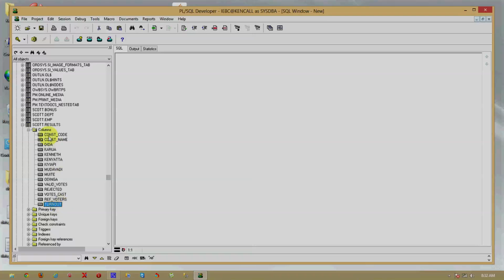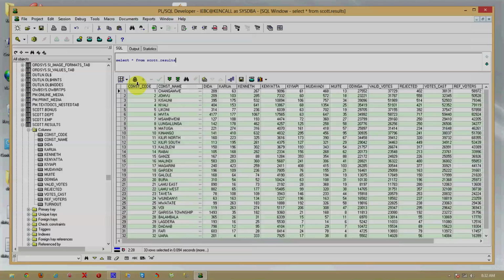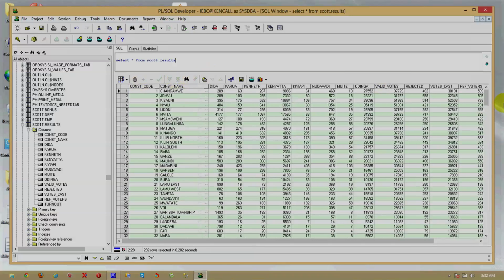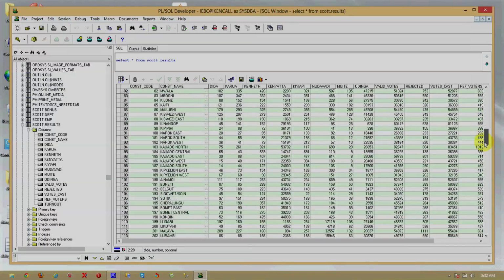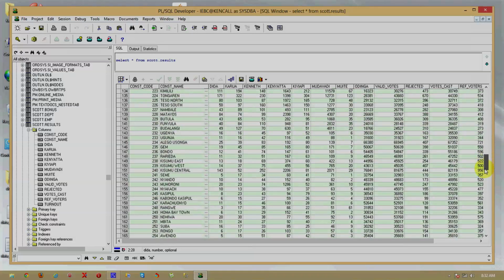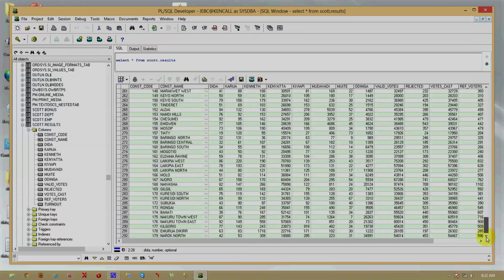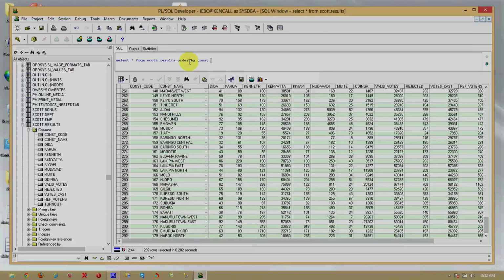Now we insert a query. We select from Scott.results and we see what it has. When we run this query, there we go. This is exactly the thing we are looking for, resting on the IEBC database under CAN-call. As you can see down here, we are able to see the constituency code. For instance, constituency number 148 is Marakwet West. Now let's order our table by constituency name. Right, constituency 144 is Ainabkoi, and we order them by constituency code from constituency number 1, which is Changamwe, and